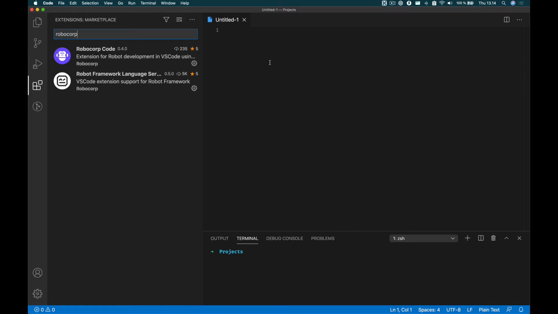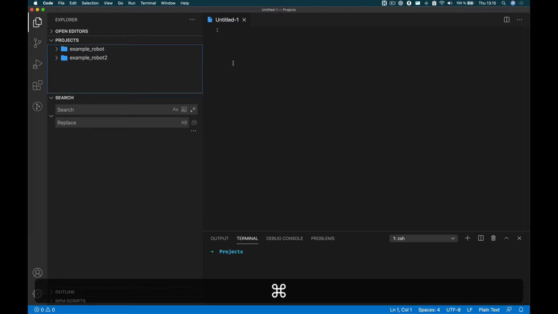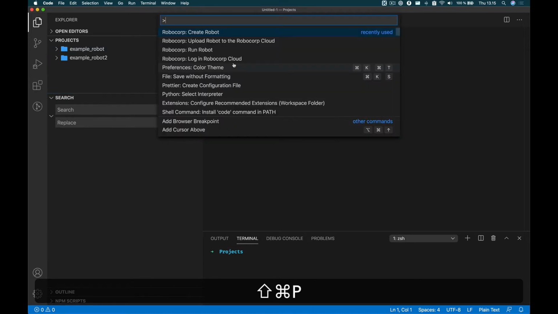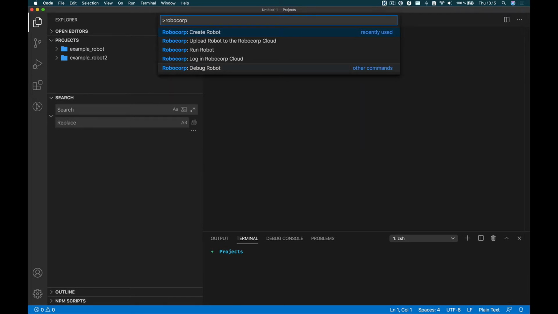Now that the setup is complete, we can start creating a new robot. To do it, we can use a command which is provided by the Robocorp Code extension. Press Command-Shift-P or Ctrl-Shift-P on a Windows or Linux machine to bring up the command console. Start typing Robocorp and you will see the relevant commands. Select the Create Robot command,